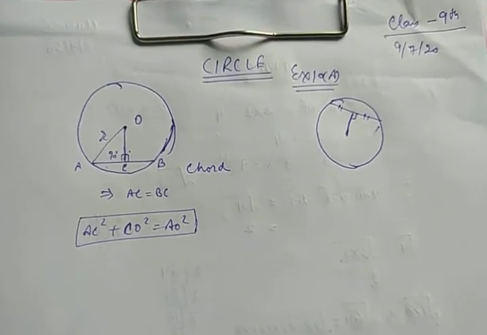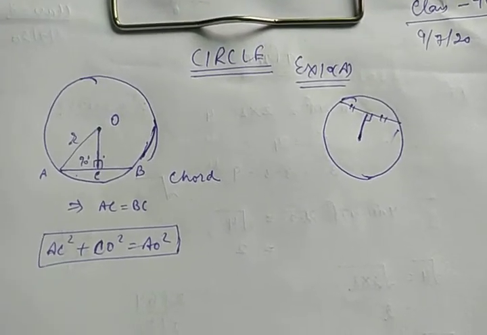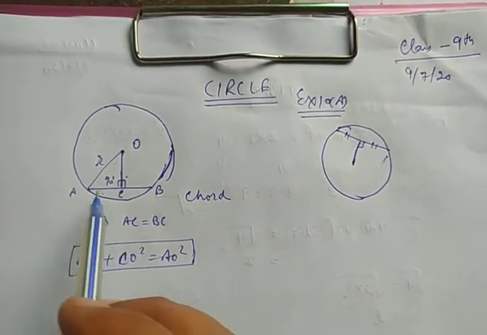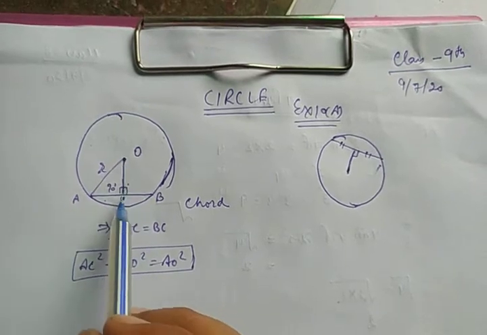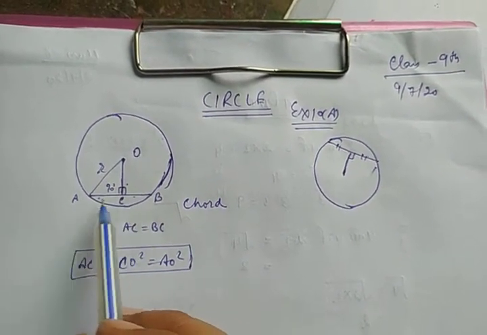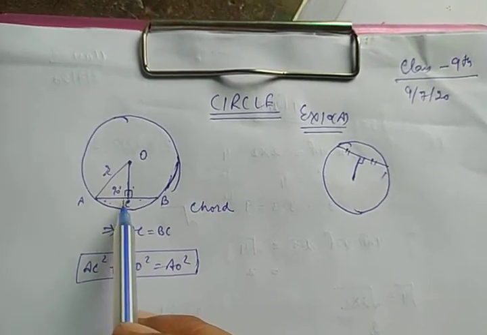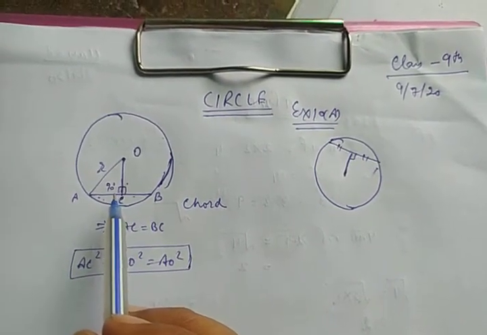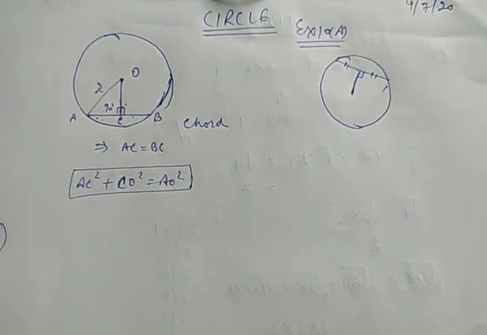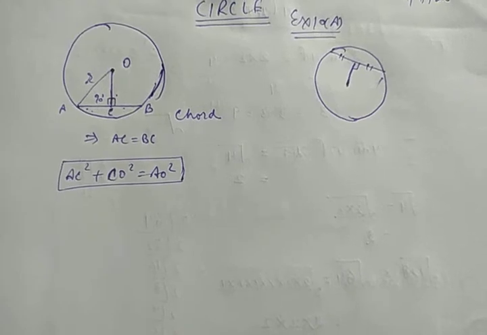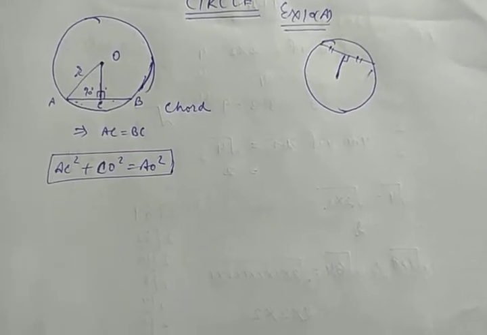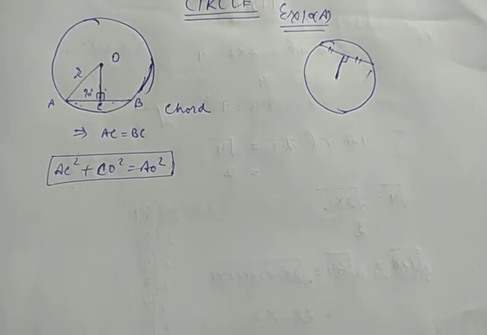Simply what I want to explain, for the purpose of exercise 10A, there would be a circle given, or there would be a chord and a perpendicular drawn from the center to the chord, and it will divide the chord. This consideration you have to find out yourself. Let us take question 1. Question is saying, in a circle a 10 centimeter long chord is at a distance of 12 centimeter from the center. Find the length of a chord at a distance of 5 centimeter.